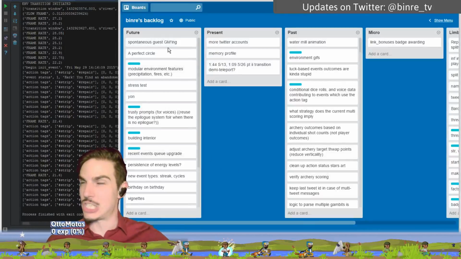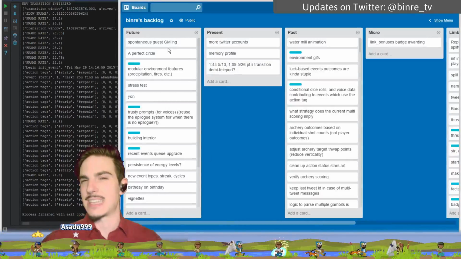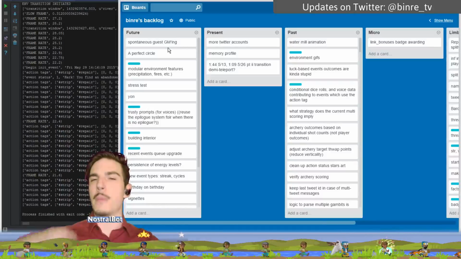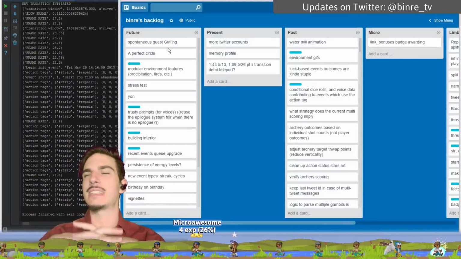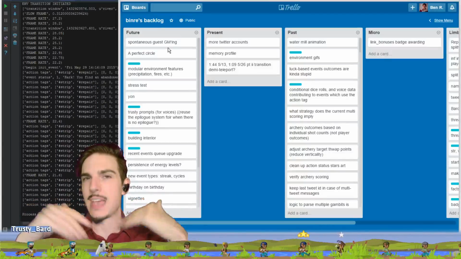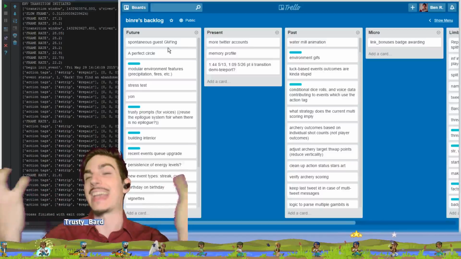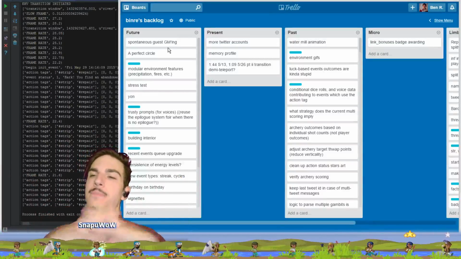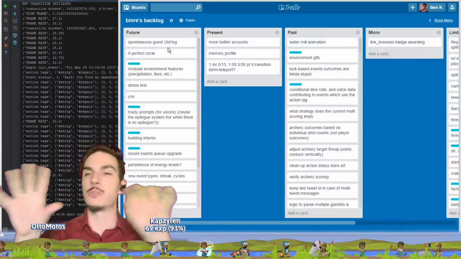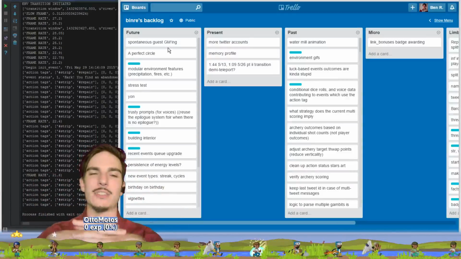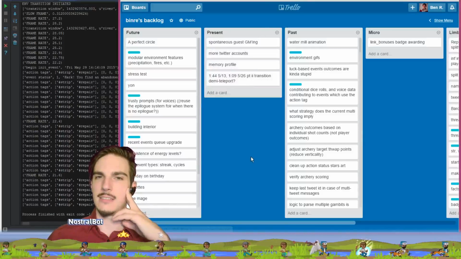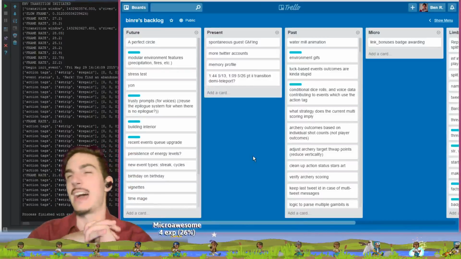Spontaneous guest GMing is going to use basically the same system, but instead of appointing that person GM, Trusty Bard is going to say not, "Hey, would you like to be GM?" but "Hey, would you like to make an event?" This ties into the special recognition system we pointed out before, where we keep track of who's the leader. Part of the reason I'm putting this task here in the current list is